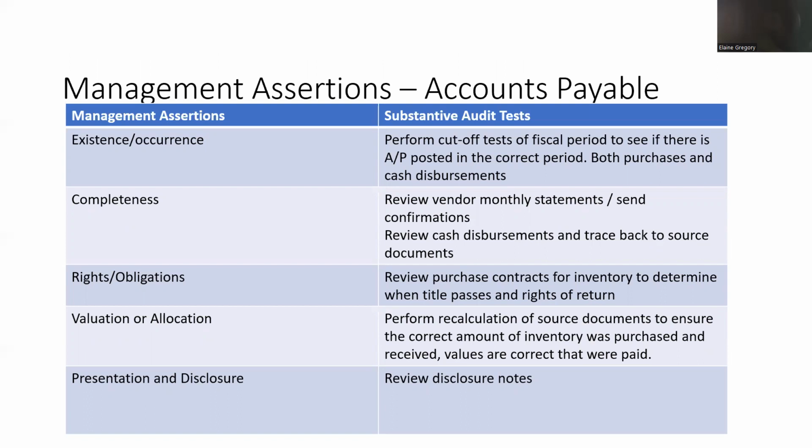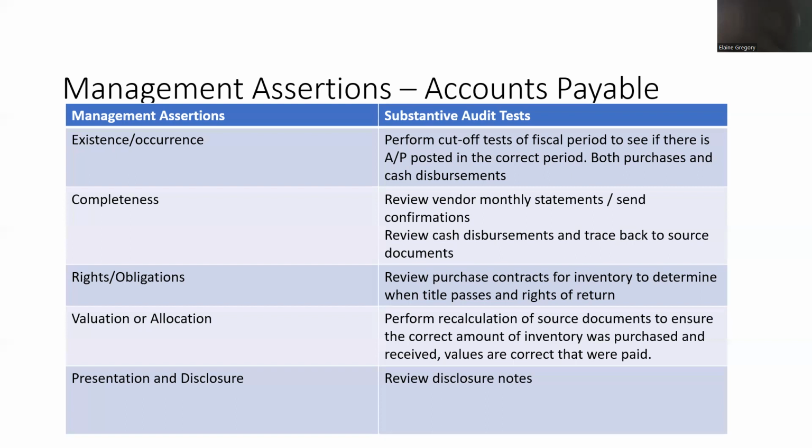Now, when we're thinking about management's assertions and those substantive audit tests we can do, we covered some before, but I'm going to just refresh us. You want to perform cutoff tests to make sure that the AP exists at the cutoff point in the correct period. You want to review and maybe send some confirmations out to some of the vendors to see what their balances are of what the company owes them at that fiscal period